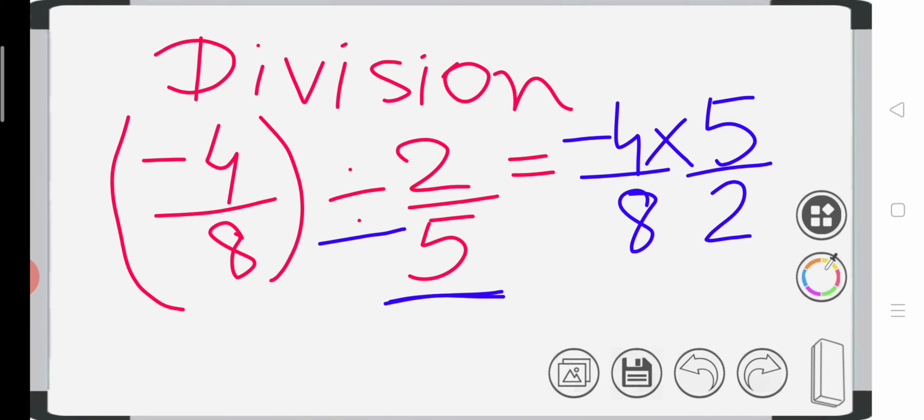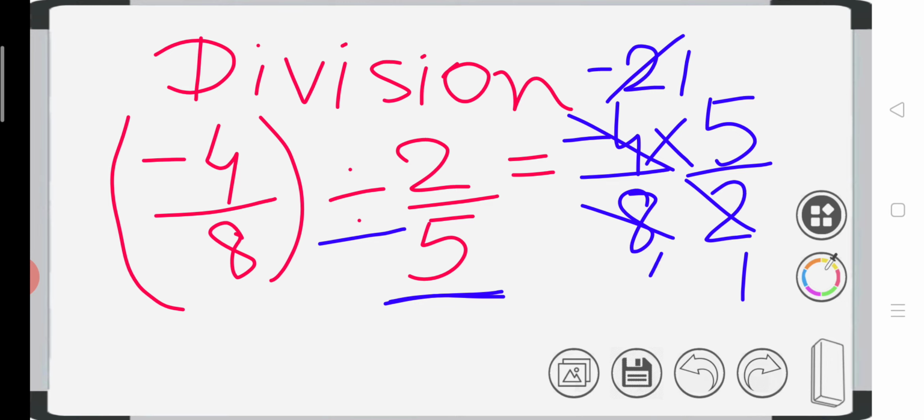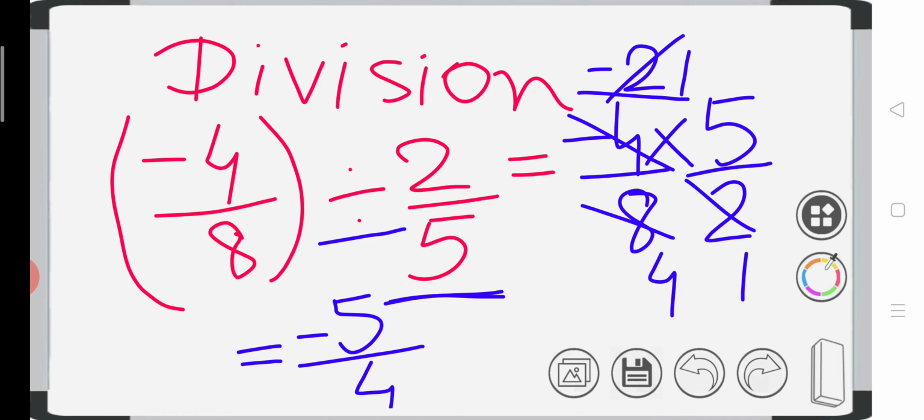Now you can see whether the numerator and denominator are cancelling out or not. So it is 2 1s are 2, 2 2s are 4, that is minus 2 here because there is a negative sign. Similarly you can cancel it as 2 1s are 2, 2 4s are 8. Now this is minus 1 into 5, so the numerator will become minus 5 and the denominator will become 4 into 1, that is 4. So this is how we